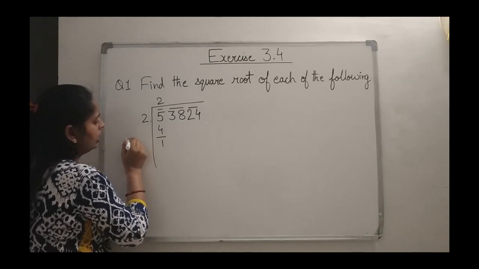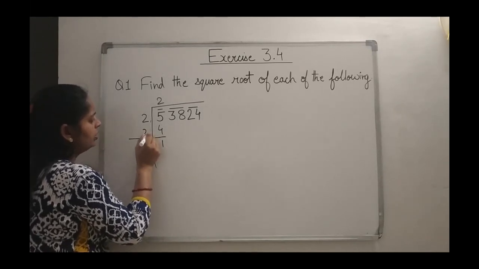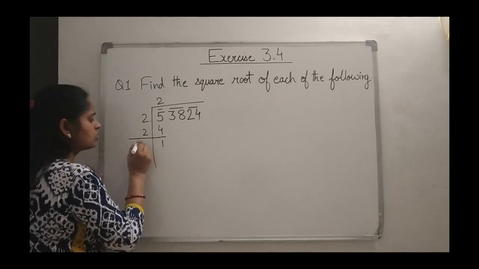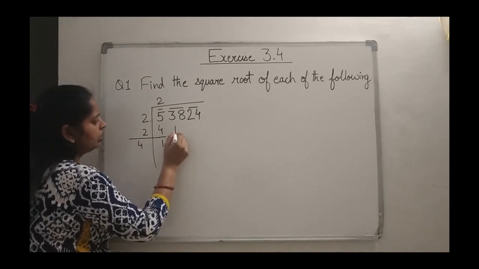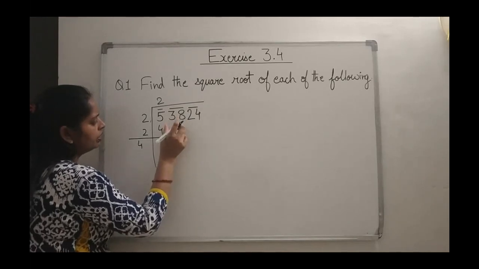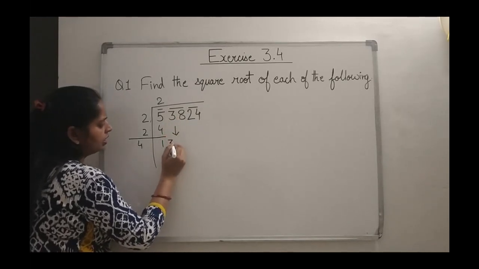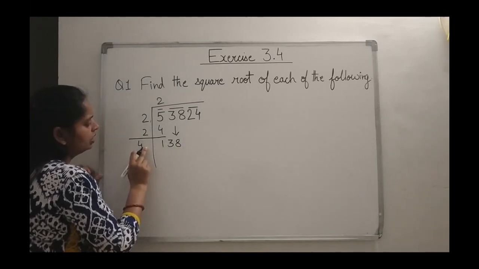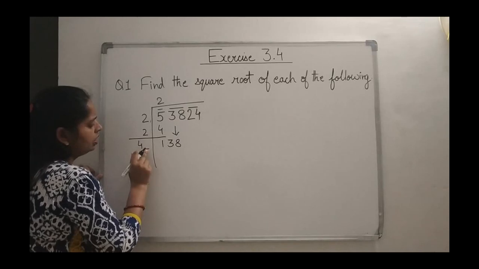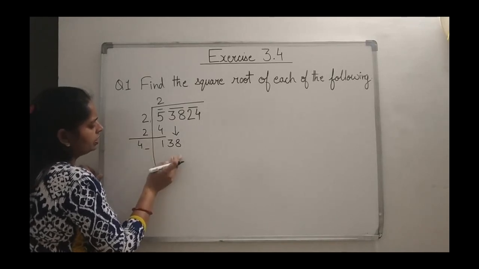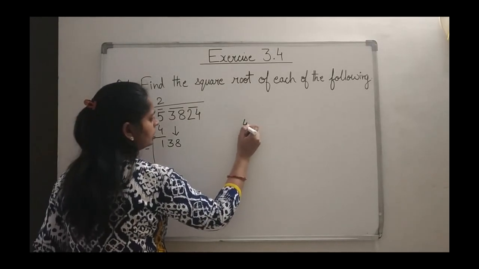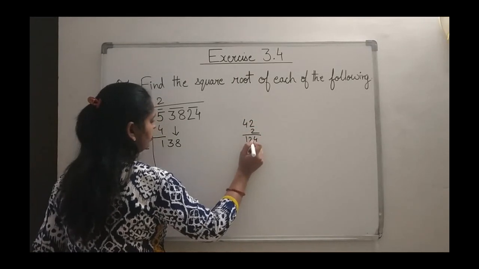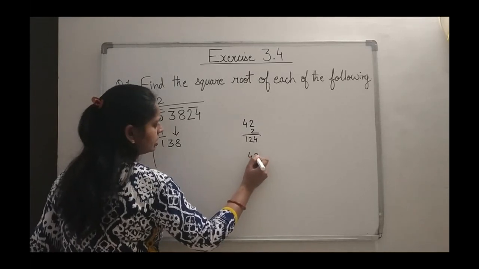And on this side, whatever digit we enter, that digit we have to add on. So 2 plus 2 is how much? 4. The next pair will come down. Always the numbers come in pairs. So 38 will come down. Now we have to make the entry here, one digit. If we do 41 ones, 41 will come. 42 twos are... 2 twos are 4, 4 twos are 8... 43 threes, 3 threes are 9, 4 threes are 12, which is nearby. If we go for threes, then see what happens.